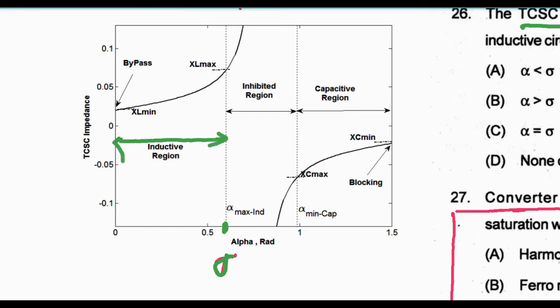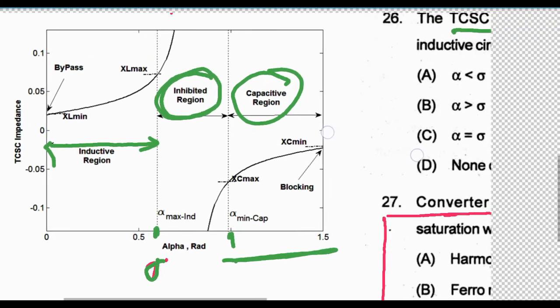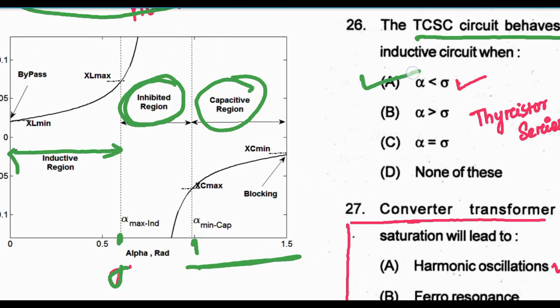That means alpha value should be below sigma, and above sigma, this is called inhibited region, and in this region generally this is not operated. And in this region from 1 to 1.5 generally this is capacitive region. So here see, alpha is lower than sigma, and what is the general sigma value? Sigma value is generally 0.5